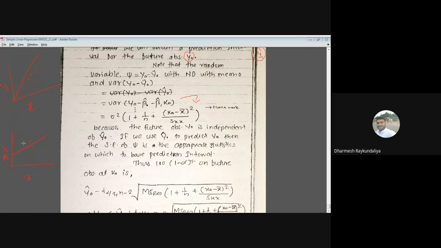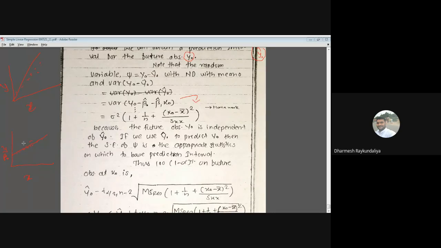Once the estimates are with you, what is your next target? Your next target is that I wish to find out the variance of beta 0 cap and the variance of beta 1 cap. Okay, so the variance of beta 1 cap you have obtained. It is nothing but sigma square upon Sxx. And if you take the deviation form of the model, it is sigma square upon summation xi square.